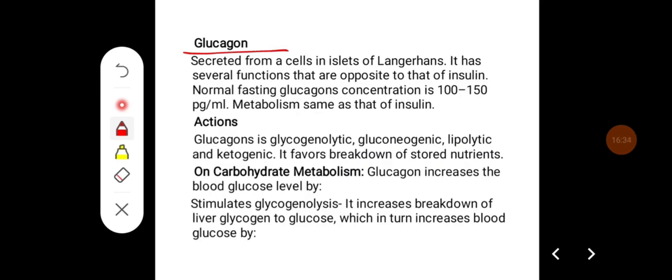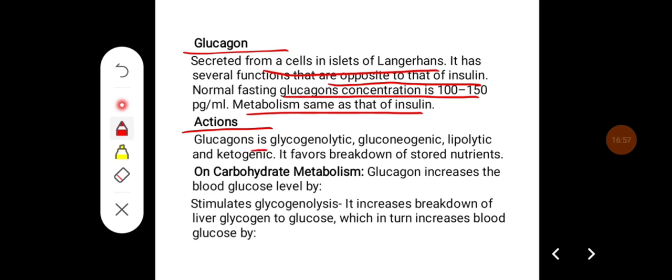Glucagon is secreted from the alpha cells of islets of Langerhans. It has several functions that are opposite to that of insulin. Normal fasting glucagon concentration is around 100 to 150 picograms per ml, and its metabolism is the same as that of insulin. If you see the actions of